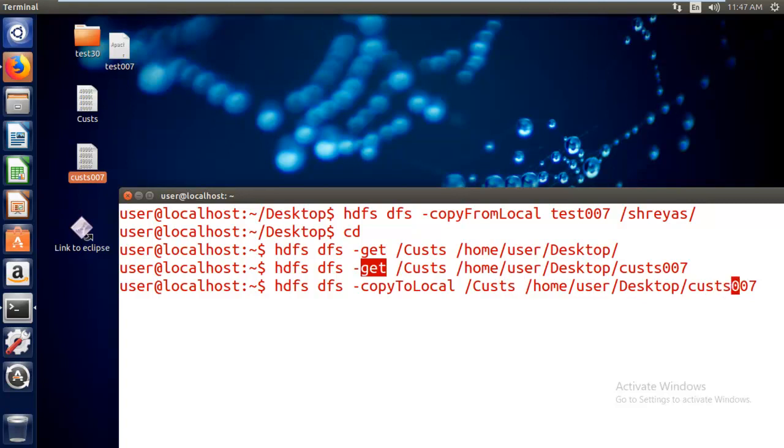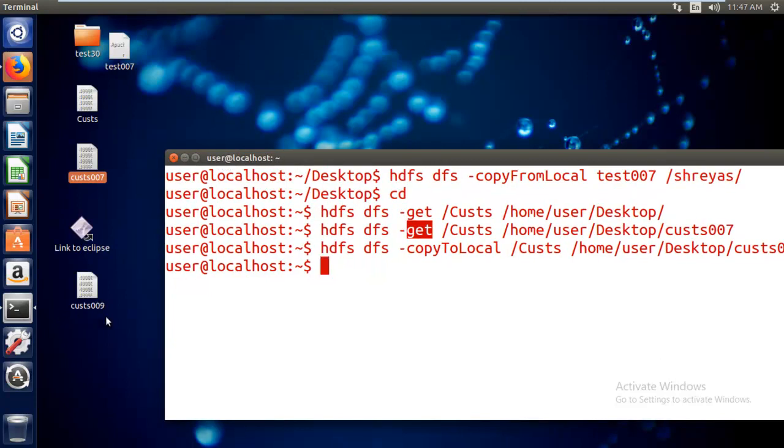I'll be saving with a different name, 008 or 009 for example. Now the same file is going to be saved with the name cust 009. So this get command and copyToLocal are one and the same, both are identical, just like the put command and copyFromLocal used earlier.